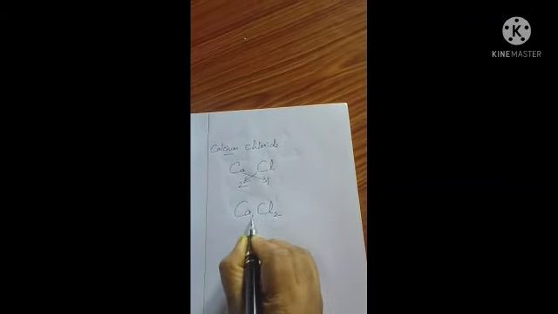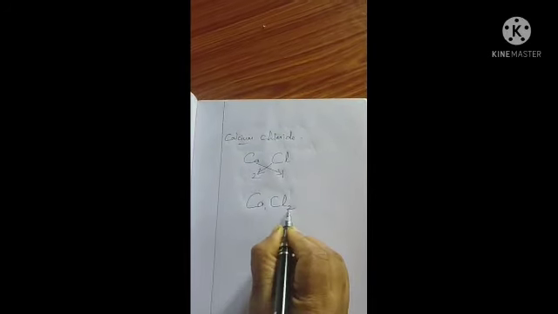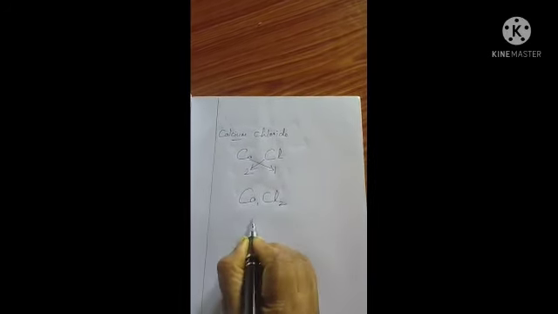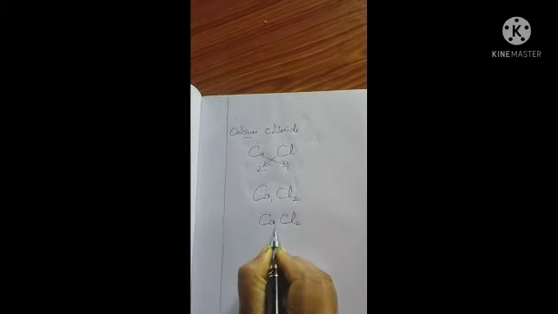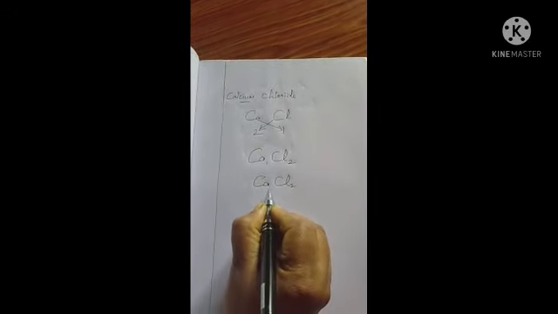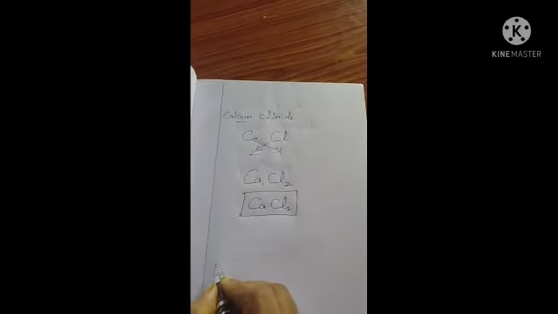Okay. Now, divide both numbers. We can divide only by the common number, that is 1. Is it? So, you will get the same numbers. That's what we can write: CaCl2. We don't need to write 1. If there is no number, we can assume that it is only one atom. Okay. So, CaCl2 is the chemical formula for calcium chloride.